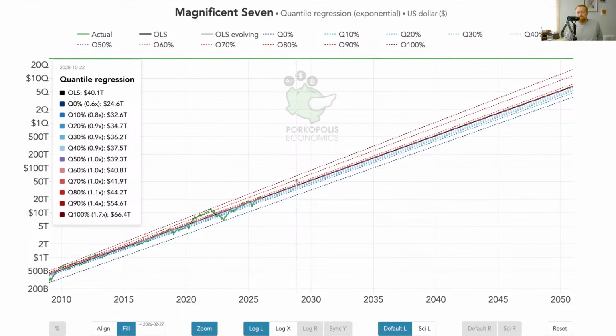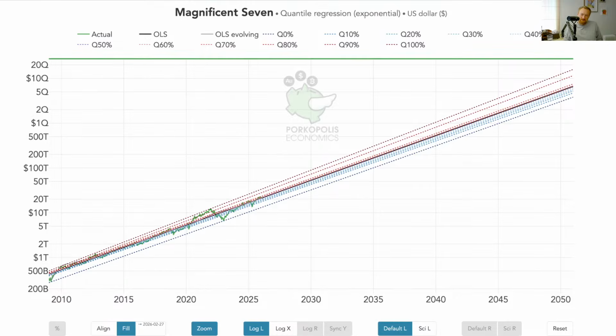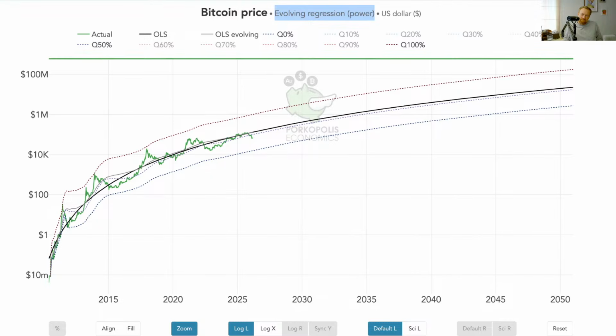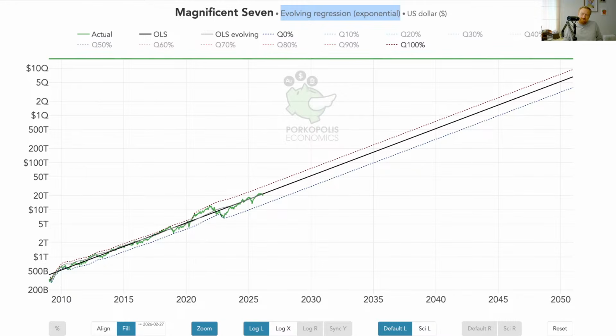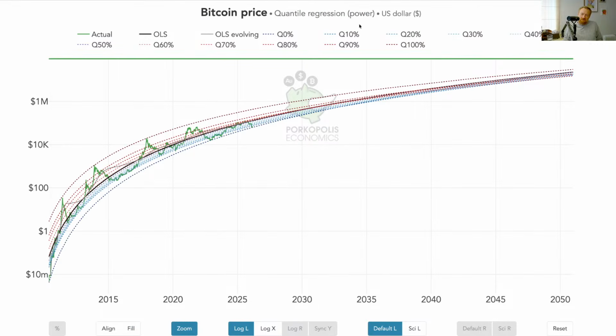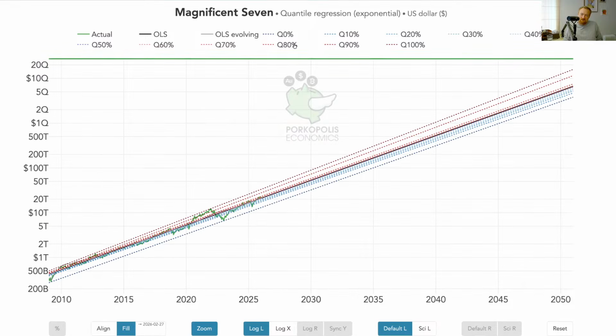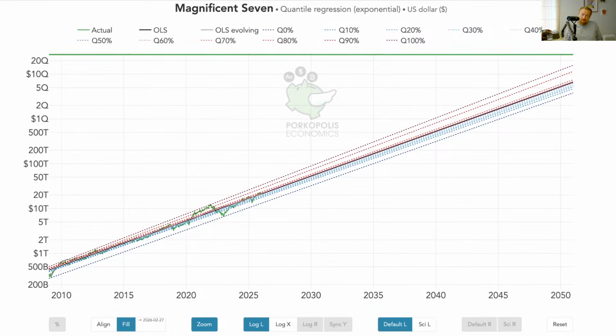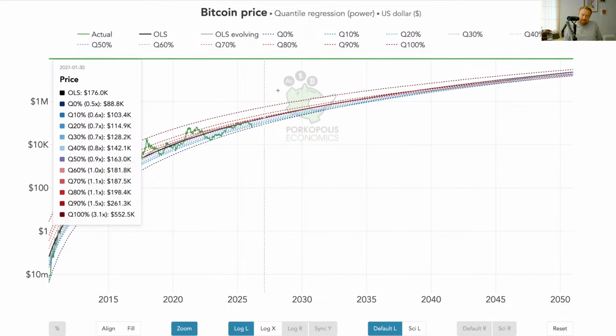I really think this might be the most helpful analogy. I haven't thought about it, it's taken me a while to sort of get to it. But if you look at these four charts, all right, Bitcoin, you can call this the multiplicative effect. Maybe I'll rename the chart. Versus Mag 7. And then the proper quantile regression of a power curve, proper quantile regression of an exponential curve. Both can be good. You can get returns from both. But Bitcoin is showing something truly unique in the financial markets, which is pretty cool.